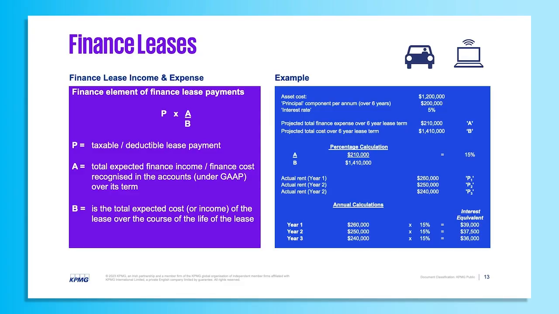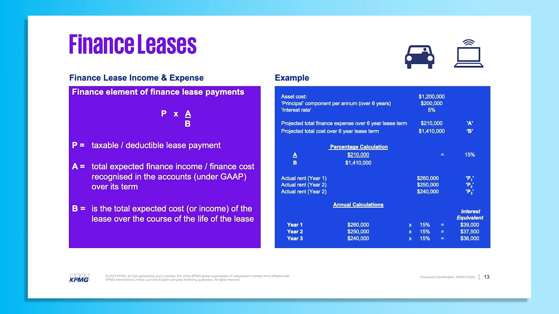Now, it's important to note that in this example, we're assuming that the lessee is not making a Section 299 election to claim tax depreciation on the asset. Therefore, the tax deductible lease payment is being assumed to be the amount of $260,000 in year 1, being from an accounting perspective the capital component of $200,000 and the interest component of $60,000. This is applying the principles of Section 81 to allow a full deduction for the capital element and interest element on the basis that the $260,000 represents a disbursement or expense incurred wholly and exclusively for the purposes of the lessee's trade. Therefore, the interest equivalent in year 1 is determined by multiplying the 15% by $260,000 to give an